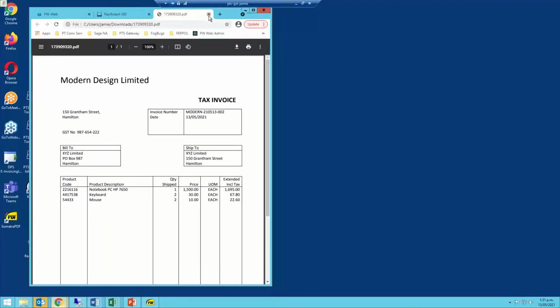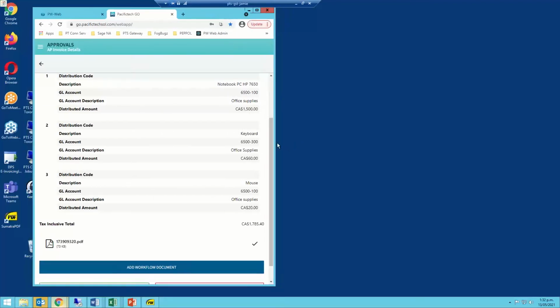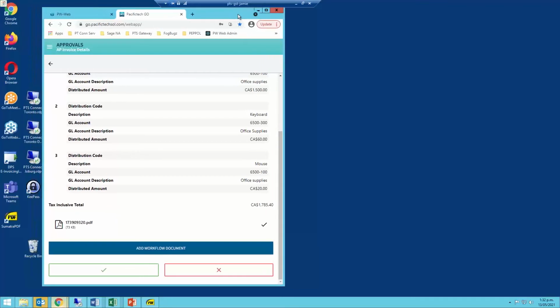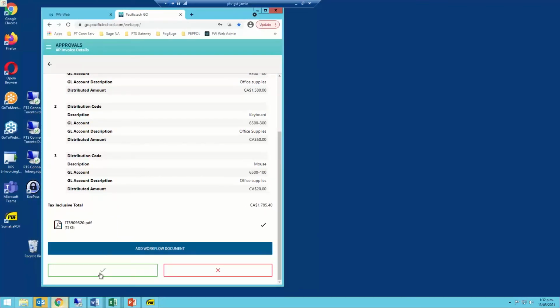And so this is opening in the browser, but if you're running this as a native app, then that would just download it just like any other app does on your phone. Right, and so now you can also attach extra documents here, and this has proved to be quite a valuable part of our whole credit card and expense processing solution. The ability to upload files from the phone, so photos and things like that, can be uploaded